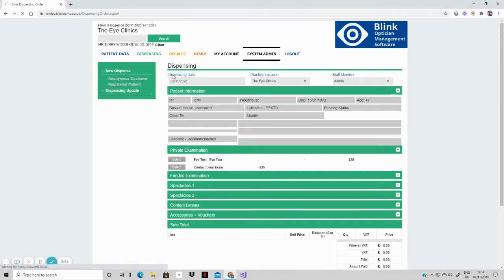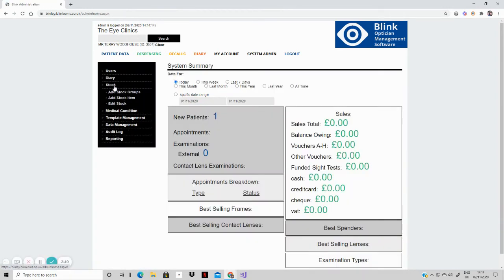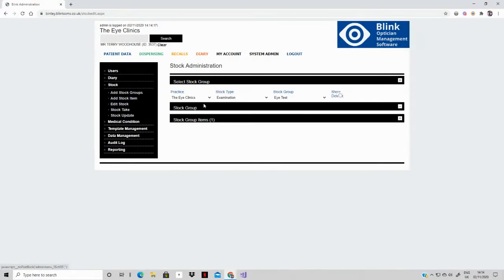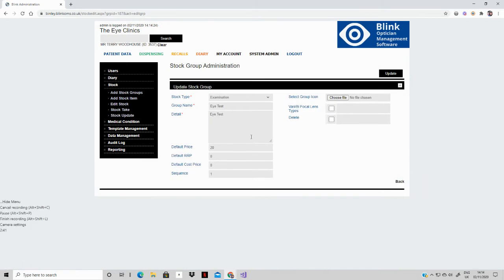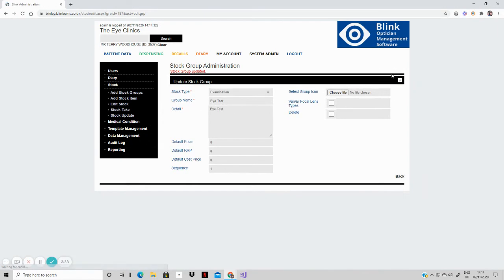Just to keep things tidy, what I'm going to do is go back into stock admin, edit stock. For the eye test group, I'm just going to edit eye test, and I'm going to remove that default price from there because it can cause confusion later on if you forget it's there. Update that. Okay, and then I know that for this particular system I need to add some extra stock, so